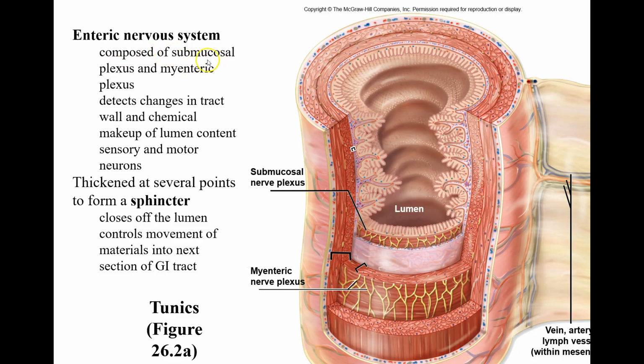Within the submucosa and the muscularis, we have a nerve plexus called the enteric nervous system. The enteric nervous system is the gut's nervous system. It has been likened to a second brain, and it has a lot of really important functions. So the major function that we typically focus on is the fact that it moves materials through the digestive tract,